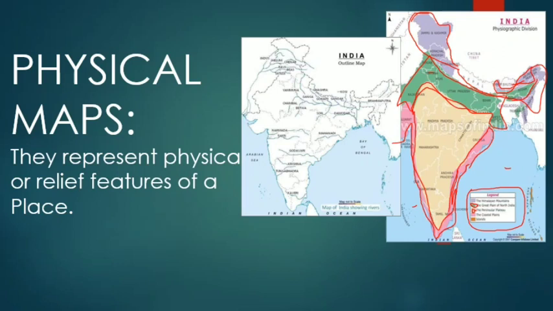So what is a coastal plain? What is a coastal region? Any region, any land which is close to a water body, that is a coastal region. So this land is close to these ocean waters: the Bay of Bengal on the east side, the Arabian Sea on the west side, and the Indian Ocean on the south side. So this region, the entire narrow lines, coast borders are close to the ocean waters. So it is called coastal plains. So coastal plains are represented here with pink color.